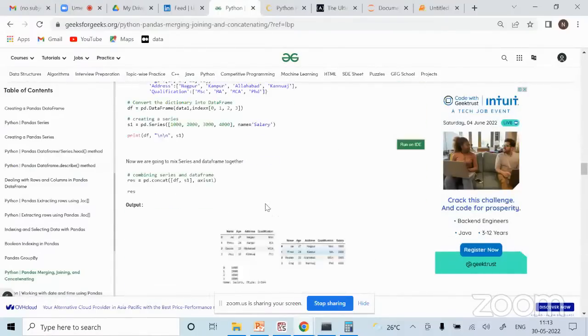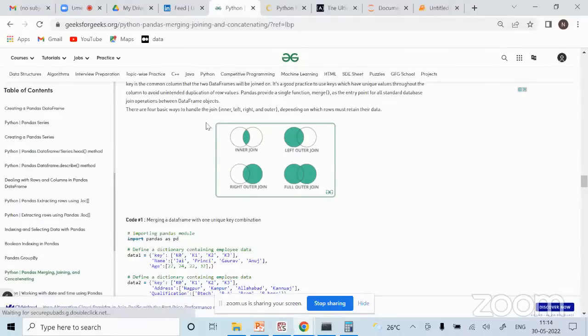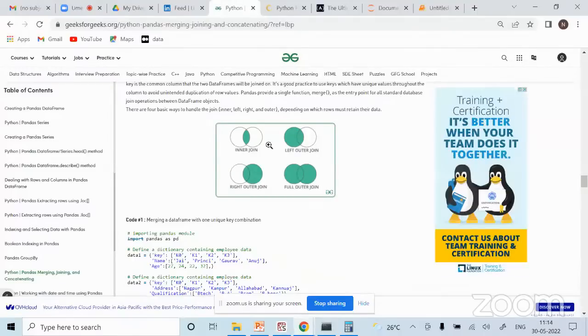Okay, so in this also we learned there are 4 kinds of joins: inner join, left join, right outer join, and full outer join. As you can see over here, if you have two data frames, one will be your left side and another is your right side. Whatever you define first is your left, whatever you define last is your right data frame. There is an argument called how. If you say inner, only the common entries will come.